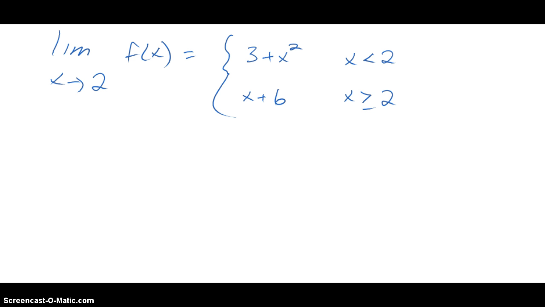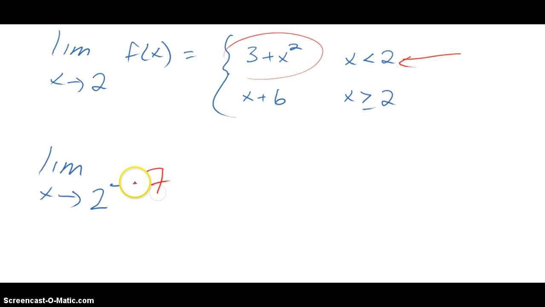Okay, to answer this question we need to consider the left-sided limits and the right-sided limits. So let's start by considering the limit as x goes to 2 from the left side. So which one of these two functions do we consider? Well, this one is from the left, since it's x less than 2. So let's just plug in 2 into here and see what we get. When we plug in 2 there, we get 3 plus 2 squared, so that's 3 plus 4, and that equals